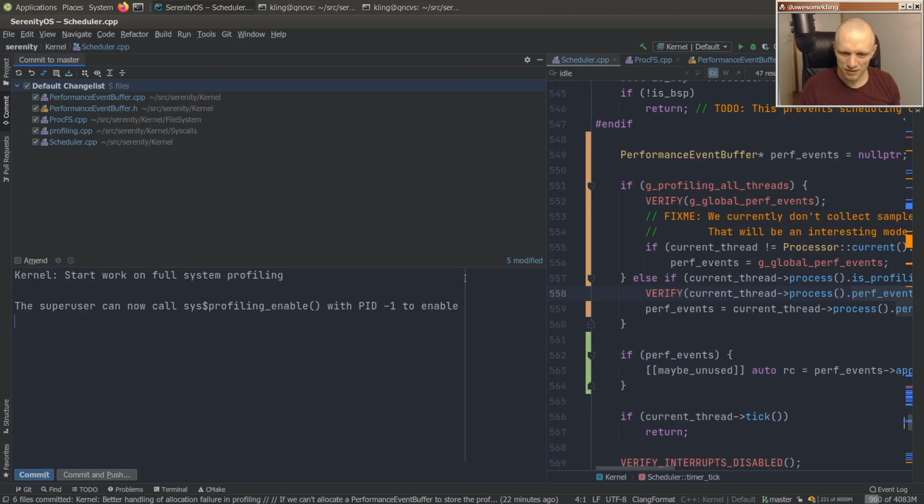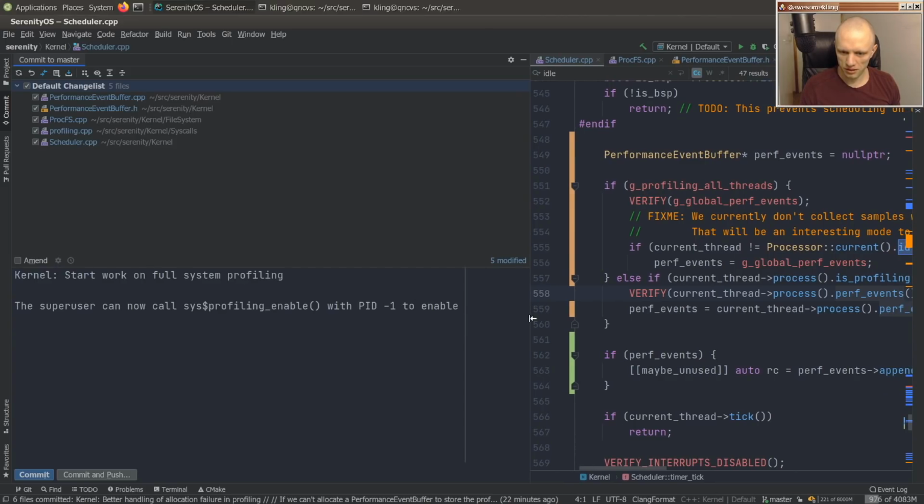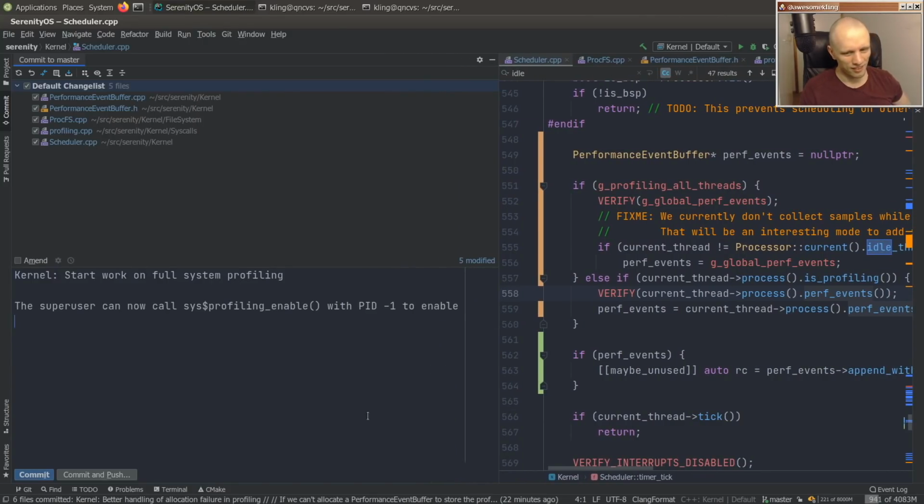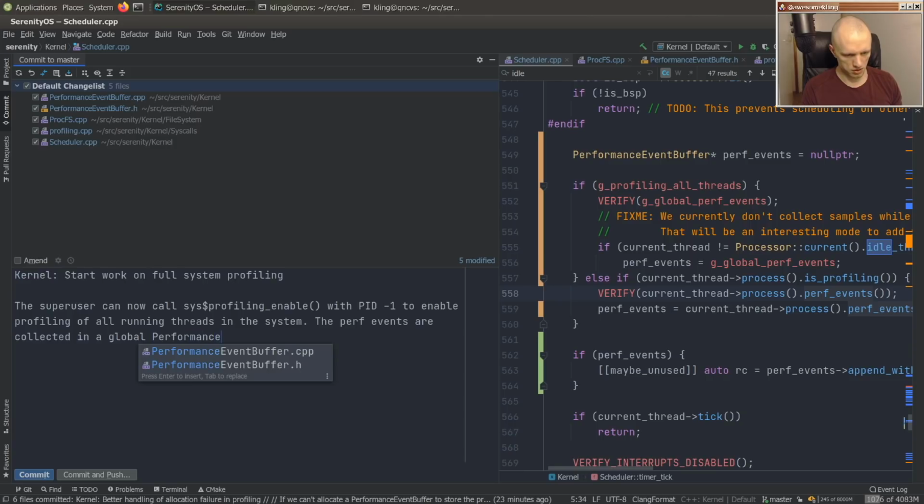This is the 72 character, 72 column marker here. But if you do this, you can't see where it is. So we've got to expand a bit. All threads in the system, all running threads in the system. The perf events are collected in a global performance event buffer,